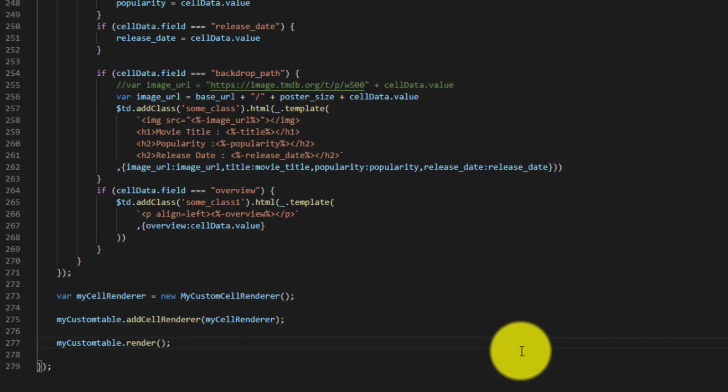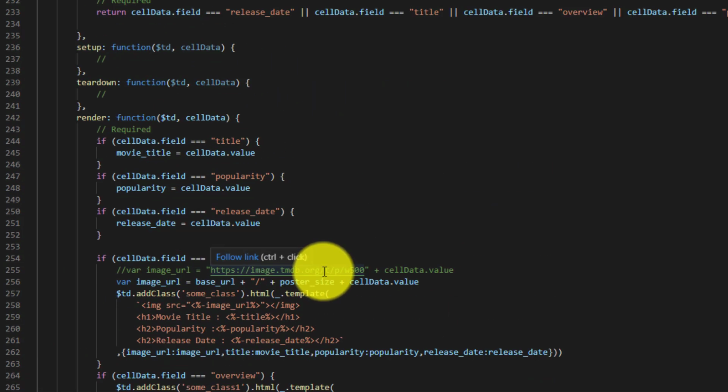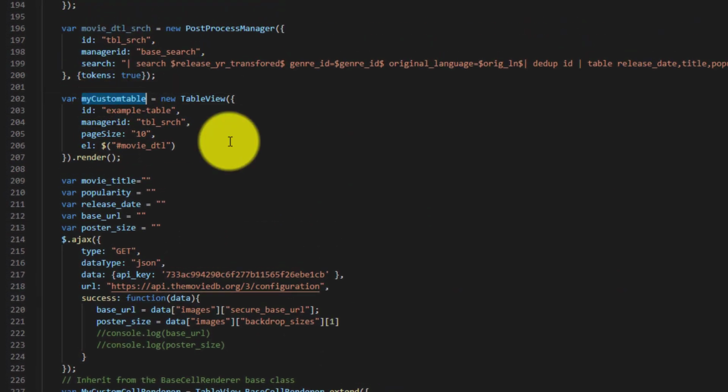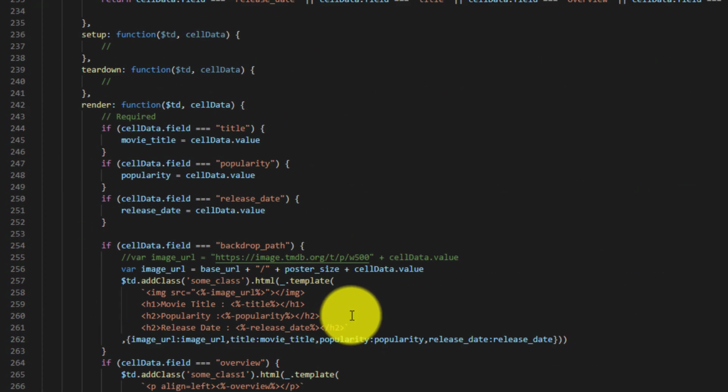Now let's first handle the click event, because we wanted to use prevent default to disable the redirection to the search page, right? For that we need to handle the click event of this particular table. My table is this one over here. This is my custom table, right? We have created it with this table view. So if I just say my custom table